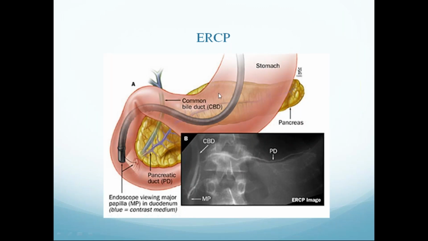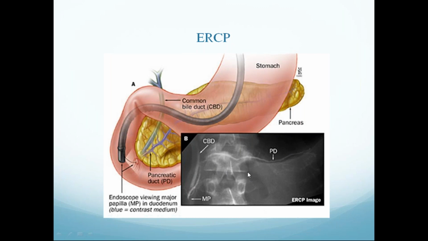So this is the ERCP. In ERCP, what we do is we pass the esophagoduodenoscope. It passes up to 82 centimeters, that is up to the second part of the duodenum, where we see the duct of the ampulla, or the ampulla of Vater. From there, by giving the dye, we examine whether common bile duct and pancreatic duct dilatation are present or not.